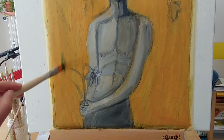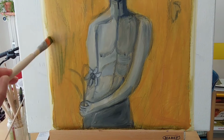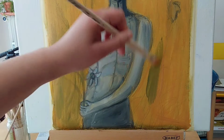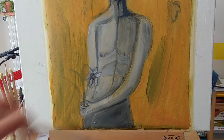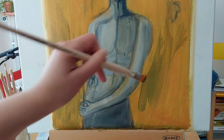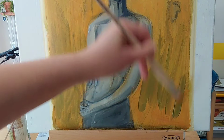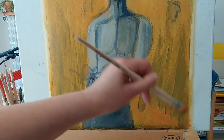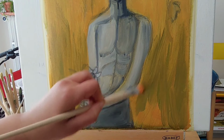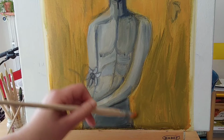So I'm starting with the background, the color background. Regarding the theme of my painting, I want to paint a young man with a narcissus flower in his hand, and I imagine this young man in the fields with a lot of greenery, and the sky is very dramatic, because it's a sunset sky. So there will be a lot of orange, pink, purple. So a lot of warm tones,